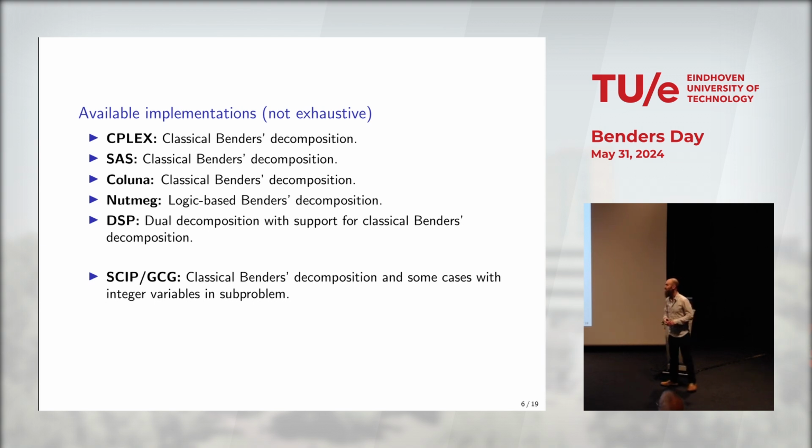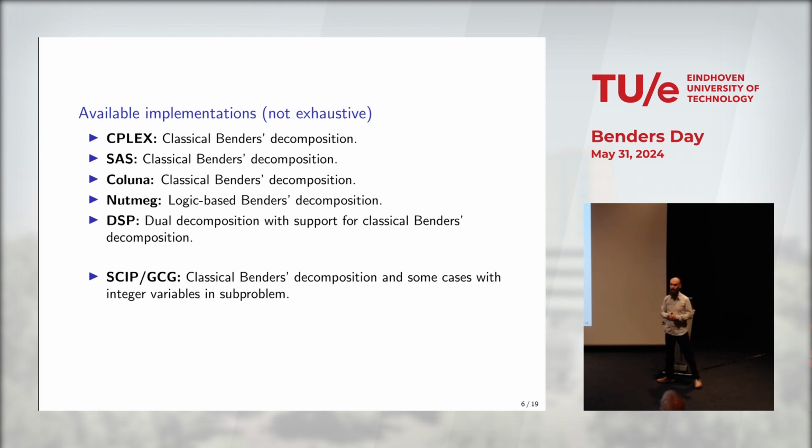Coluna is a package that's actually more designed for column generation, but they've looked at structured problems more generally. It's a Julia package built on top of JuMP. There again, it's classical Benders, but they've got some flexibility in their setup. So I think there's potential in what you could do with that. But at the moment it's work in progress for them, so they've just got classical Benders decomposition at this stage.